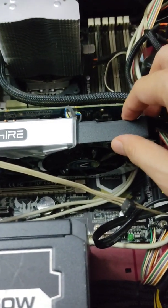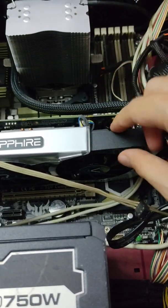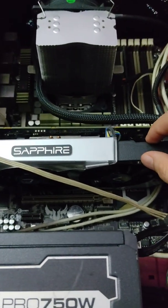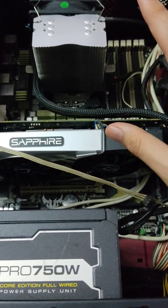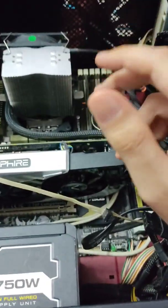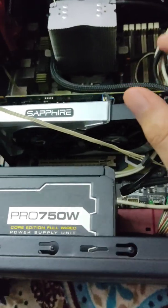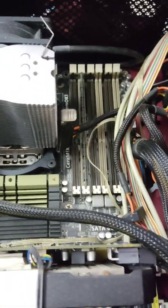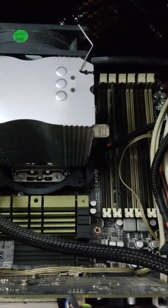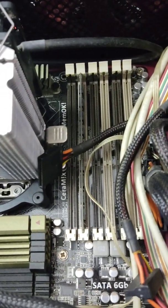So the function of the graphic card would be to convert all of the data from the PC into something that you can see in your monitor. So without the graphic card, basically you will not be able to see anything. So no graphic card, nothing will be displayed on your monitor. Okay. Maybe the next critical component would be your